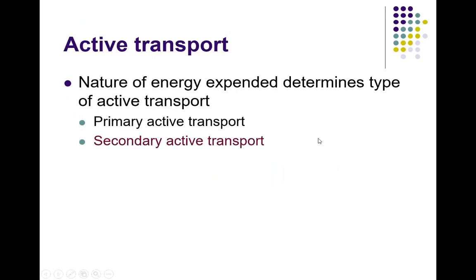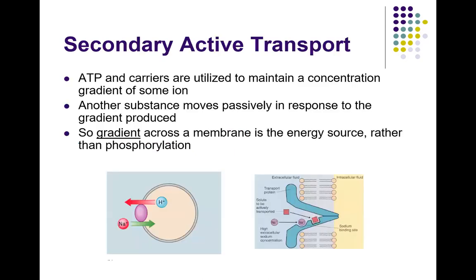So that was a primary active transport, because ATP is directly binding to your pump. It's binding to that actual molecule that's changing shape, and that's going to transport against those concentration gradients. Secondary active transport is a little bit different. The ATP doesn't directly bind to the pump. ATP and carriers are both used to maintain a concentration gradient, but the ATP doesn't directly attach to the molecule